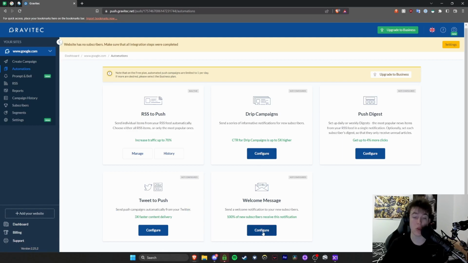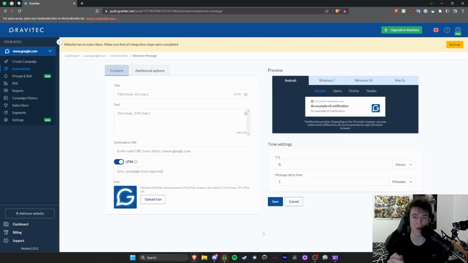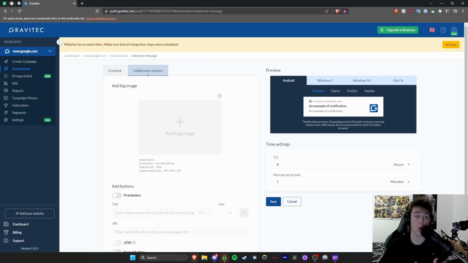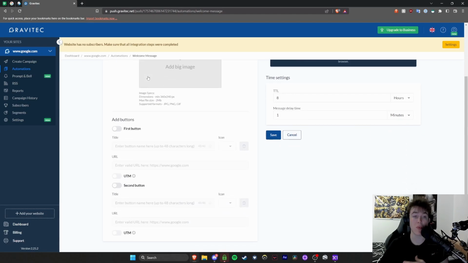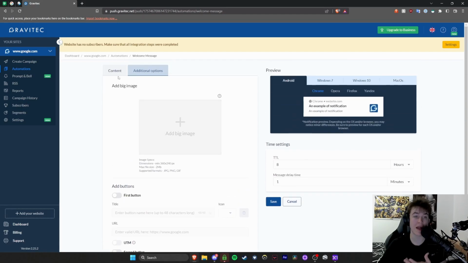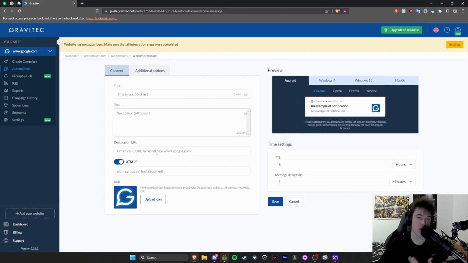And all you would need to do is hit configure, and this will bring up the options of the things that will appear for this specific group of people. It's a very, very similar appearance to what things will look like here, and additional options include images that you may want to add, buttons that you may want to add, and things like that. And obviously the title and the text is all the same, and when you're done with that you can go